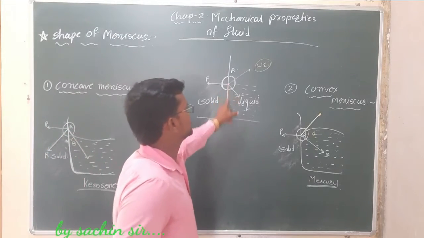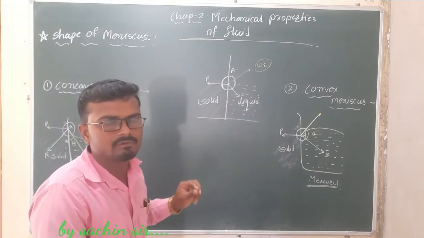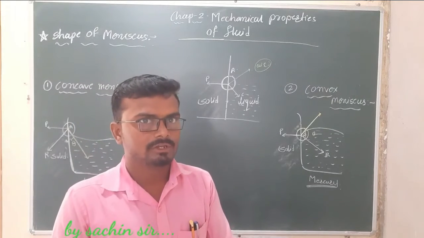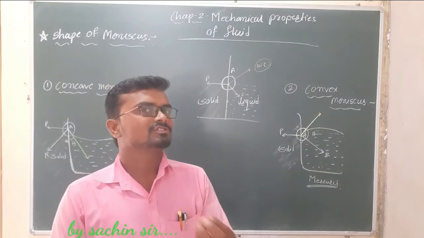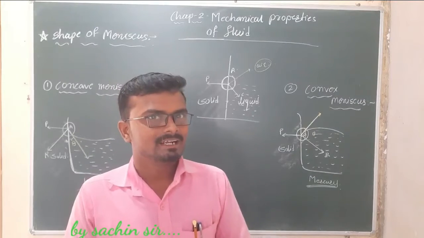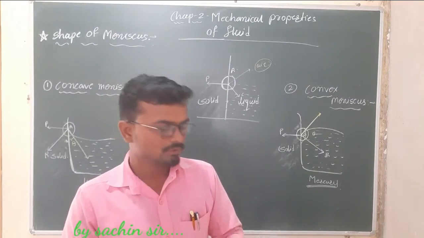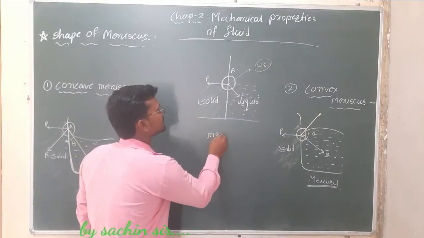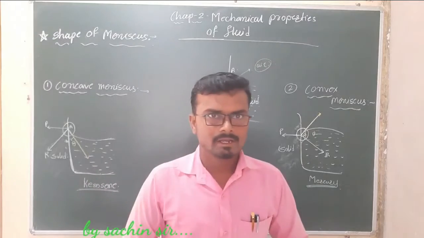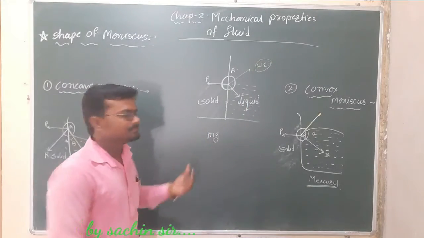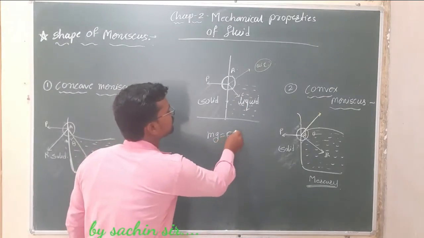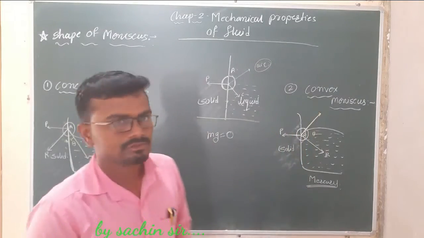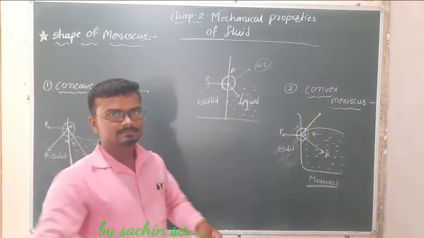The first force is the gravitational force, which acts vertically downward due to the mass of the molecule. But we know that the mass of that molecule is very small. The gravitational force, which is the product of mass and acceleration due to gravity, is therefore nearly equal to zero, or negligible as compared to